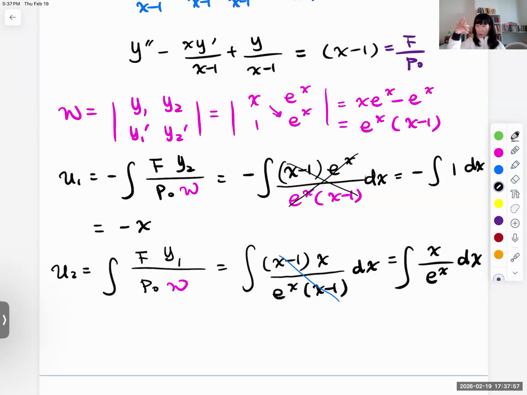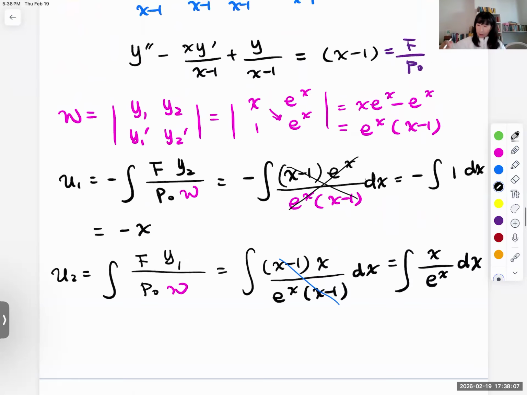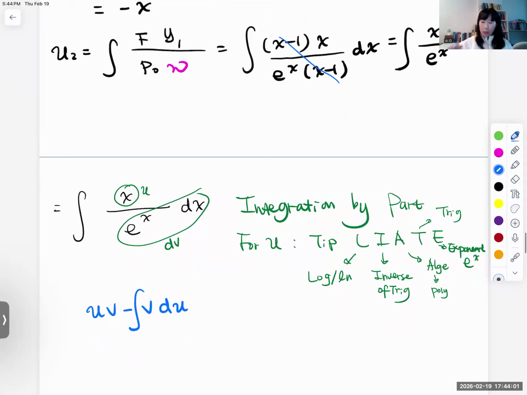Ooh, what do you do? Can you think? All right, let me bring that integration by parts, all right? Can you recognize? Okay, so this is an integration by parts from calculus 2, right? So we want to set it up, which one is the u, which one is the v, right? So for setting up u, I call